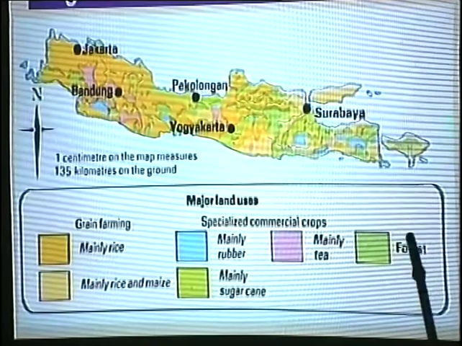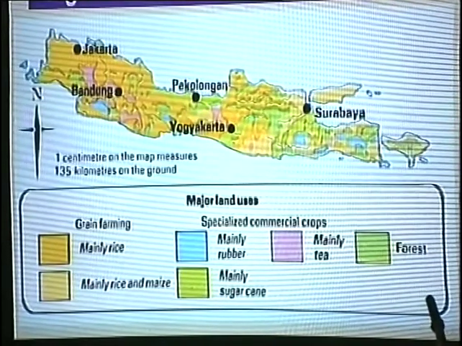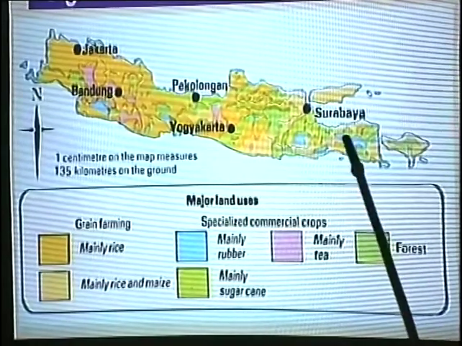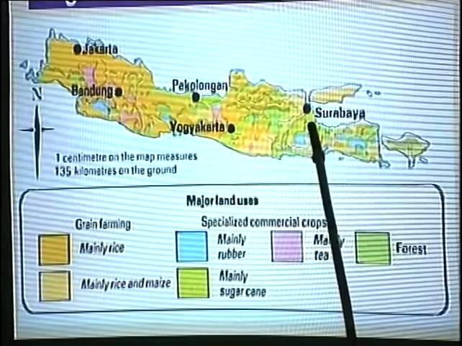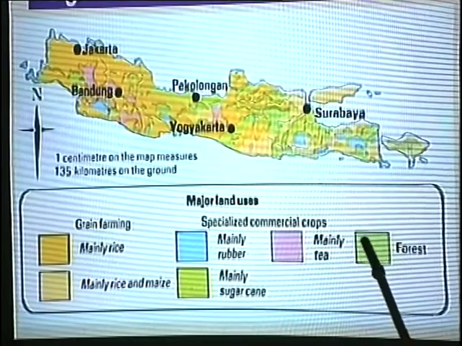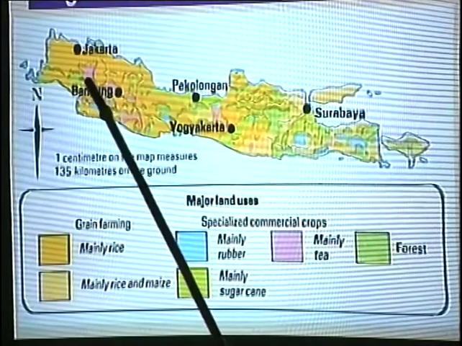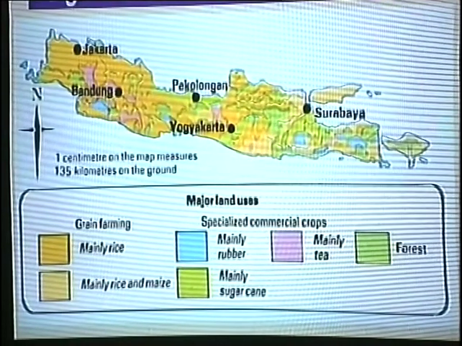And don't forget, we also started off at the beginning by looking at forest. Much of the tropical rainforest or the natural forest of this area has been cleared for cultivation. What is remaining are the ones in the darker green color, and you can work out small patches of those on the island.